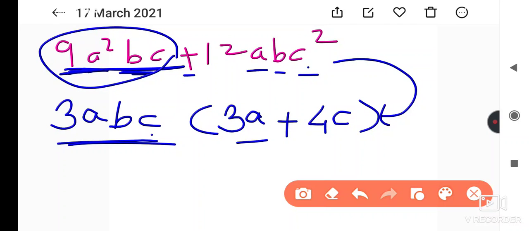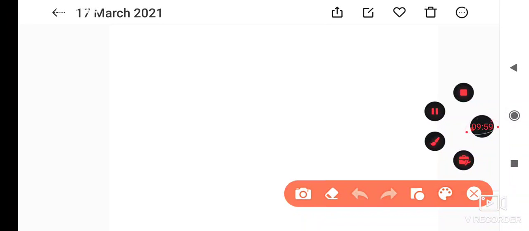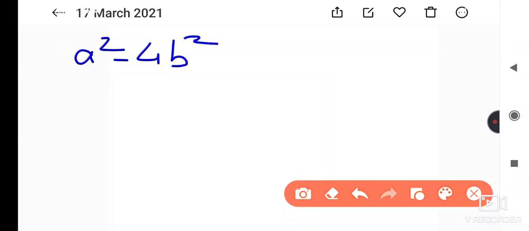Okay, next example, it is there in the textbook, that also we will solve, and then we will take the next question. Here one more solved example is given. Factorize a square minus 4b square. Here if you see this, you will notice that a is a square, 4 is also the square of 2, right, and b square is given to us here already. In such a type of example, what we have to do: a square minus